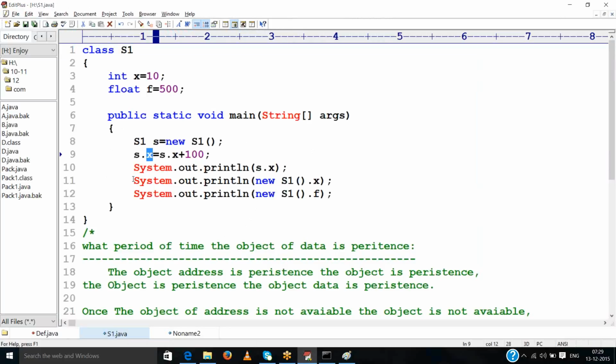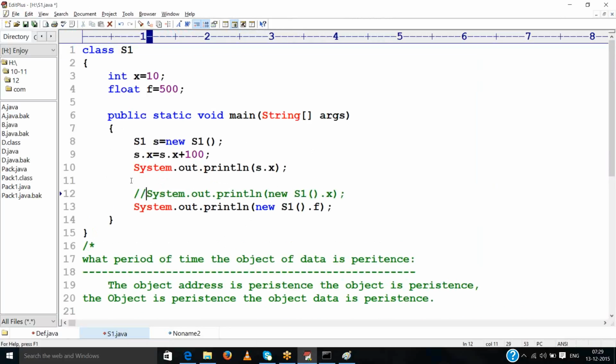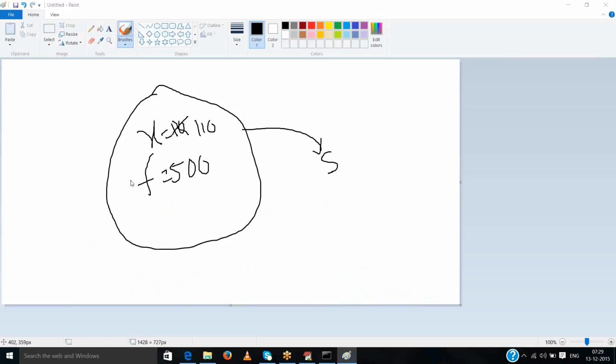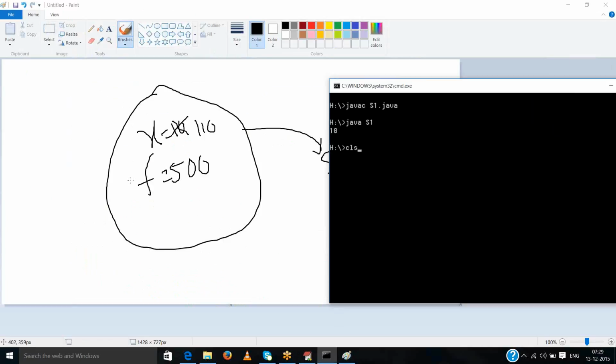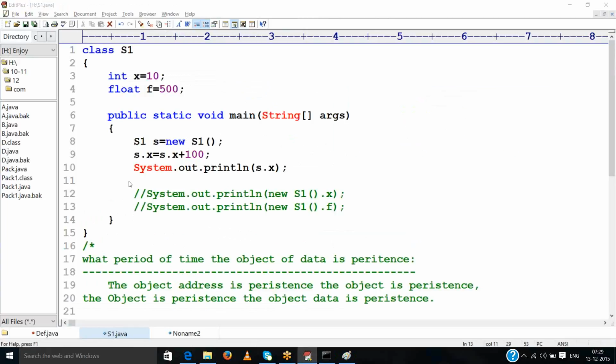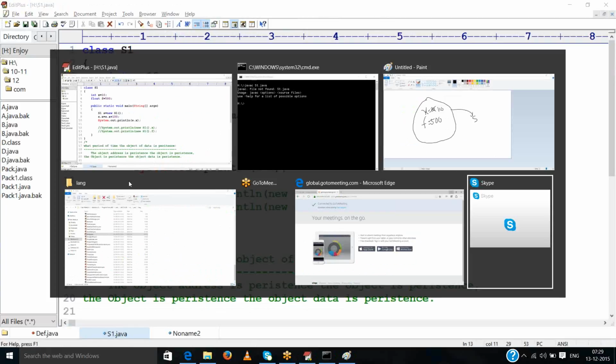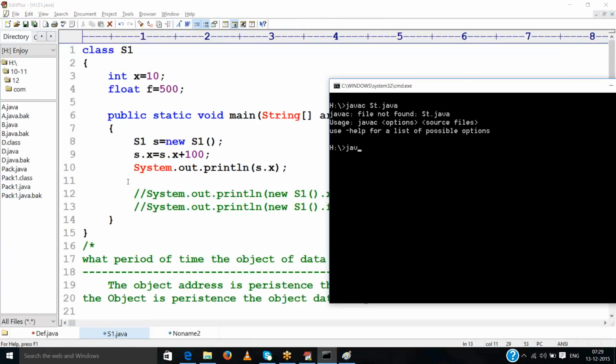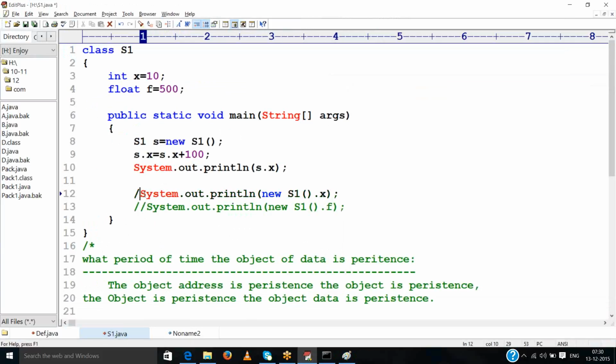See that output. Then I will comment the 2 lines. Okay. Command prompt: javac. What is the class name? The class name is S1. javac S1.java and java S1. The output is 110. Okay. In case I perform it again,